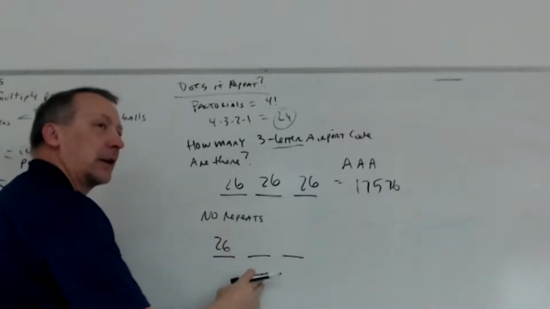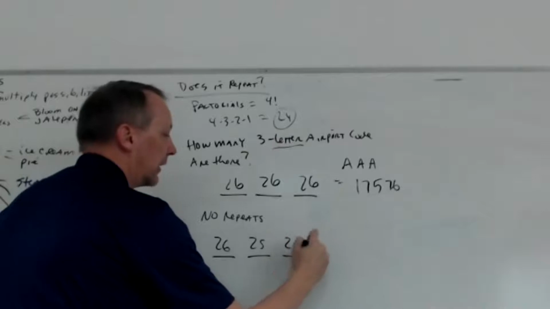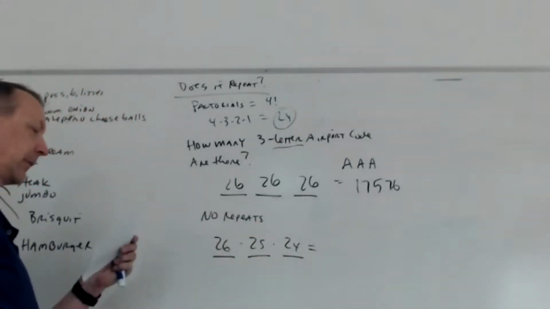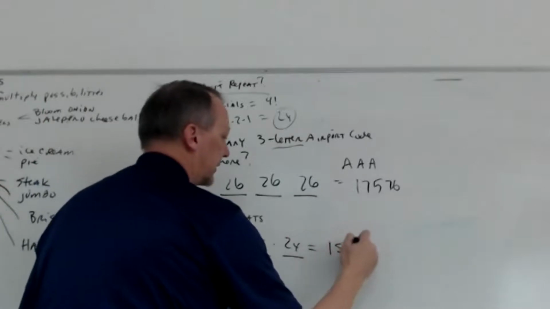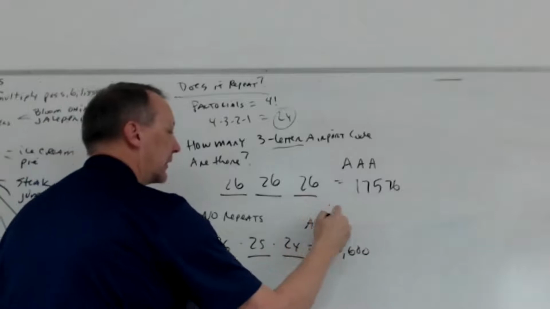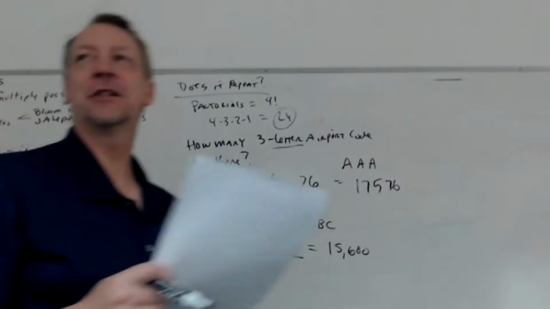I'll put my second, 25, and 24. I multiply those together. I should get 15,600, which would be some sort of a pattern like ABC. No repeats. This one is a tricky question, and Victor actually had a really good question,